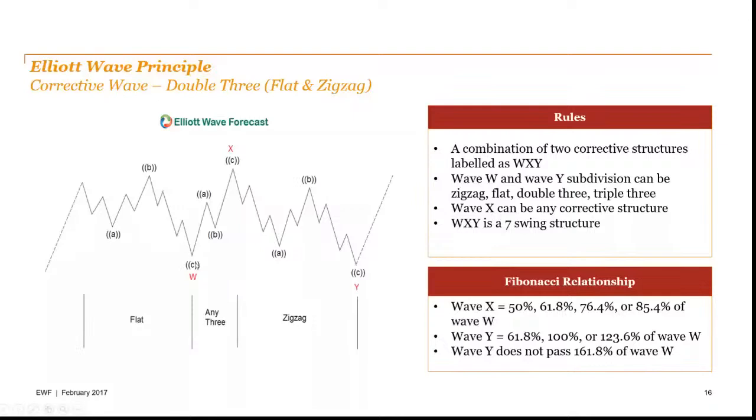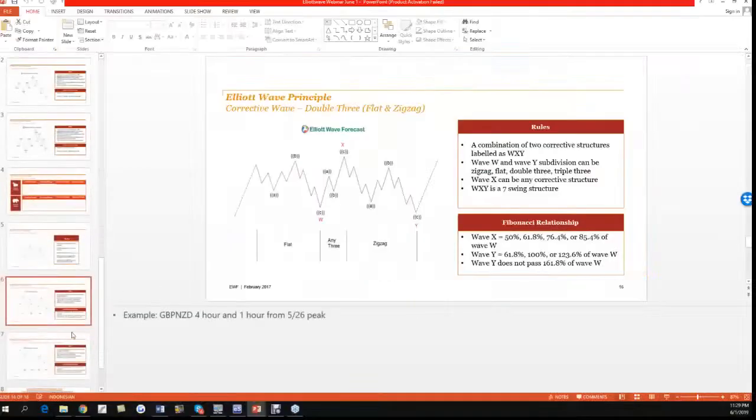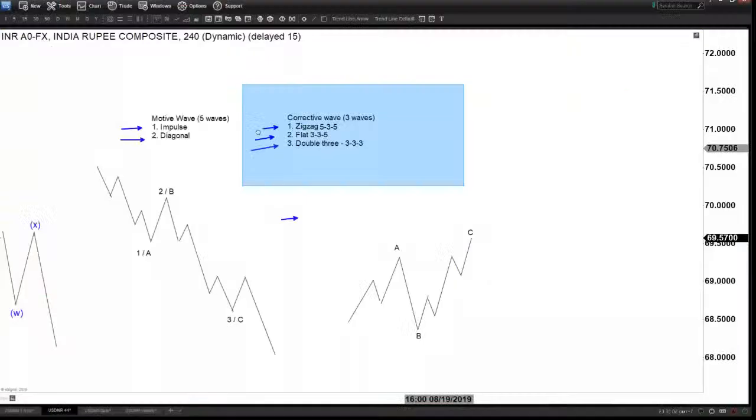The left side can be itself another double 3. The right side itself can be a double 3. So this can be a WXY itself. I do not have that slide, but this could be a WXY, this could be a WXY. Now remember though, guys, let me go back to this very quickly here. A WXY actually is very similar to a